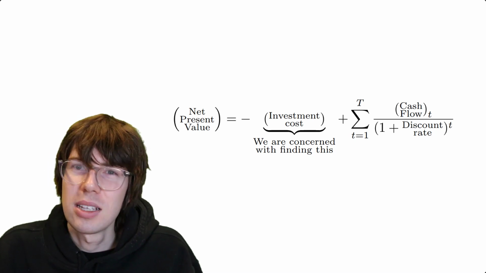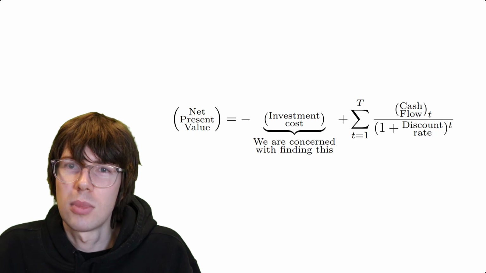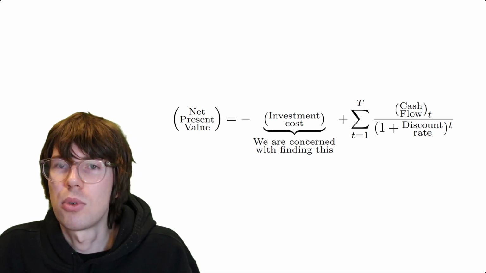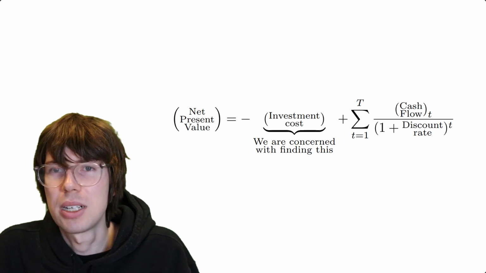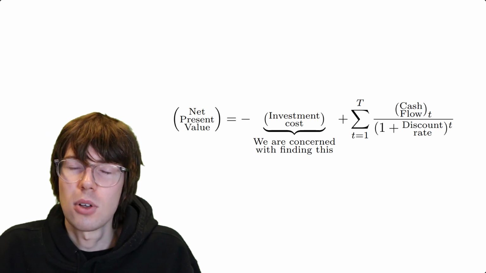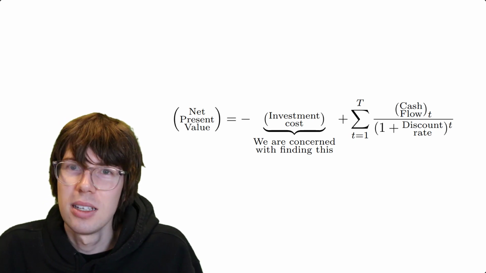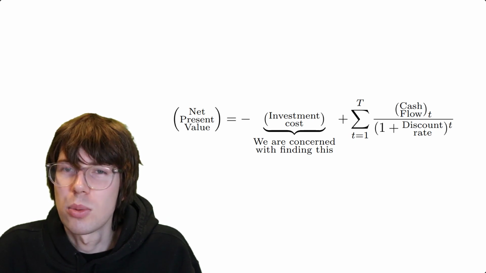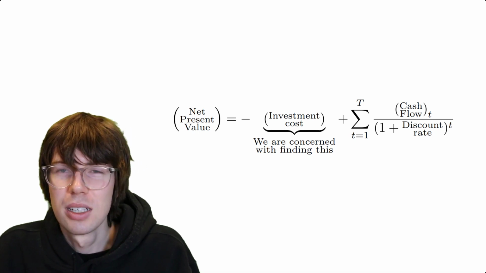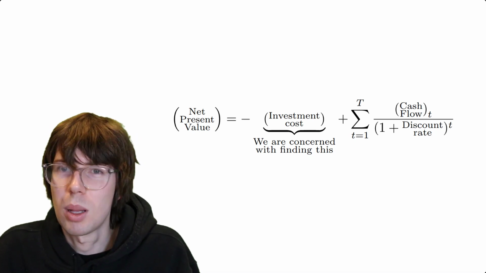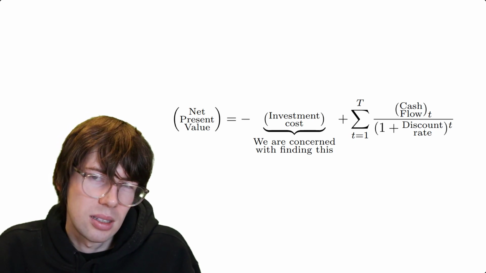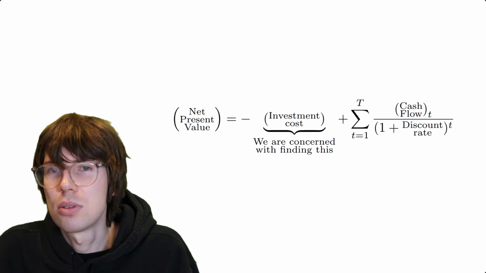But net present value is one of the basic tools within business economics that we use to determine whether or not we want to undertake a particular investment or a particular project. The equation itself is not really that difficult. It's pretty straightforward, as you can see here on the screen. You just take all the cash flows generated by the project, you discount them by dividing by 1 plus the discount rate to the power of the time period, and you subtract the investment cost, and so on. It's not really difficult. The challenge with net present value is actually to figure out the inputs.